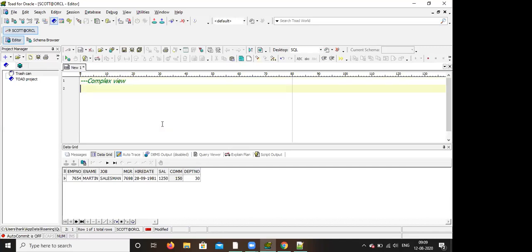Before going to the complex view, can you write a query for department-wise maximum salary? I want department number and maximum salary. So write a query for that.